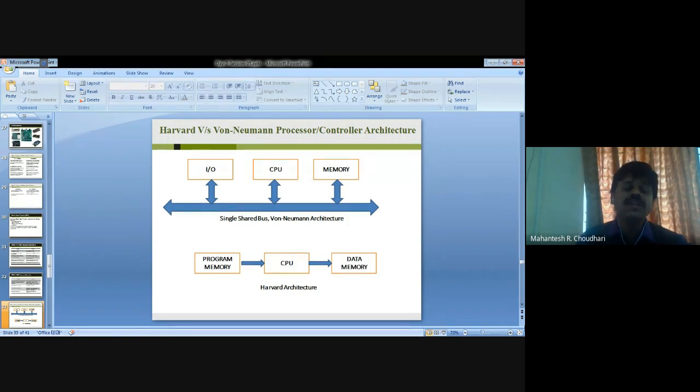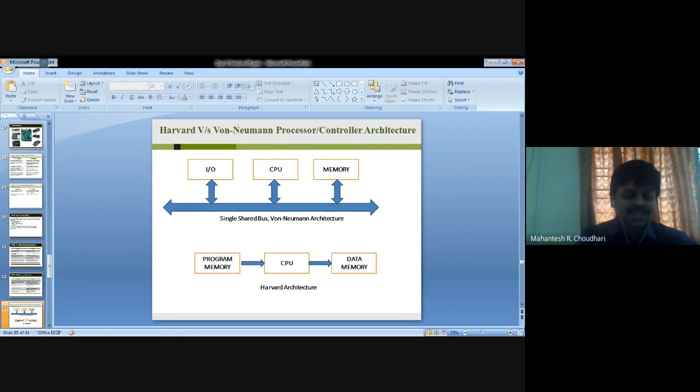In the Harvard architecture, the data memory can be read and written while the program memory is being accessed. These separate data memory and code memory buses allow one instruction to execute while the next instruction is fetched. That is what we call pre-fetching.